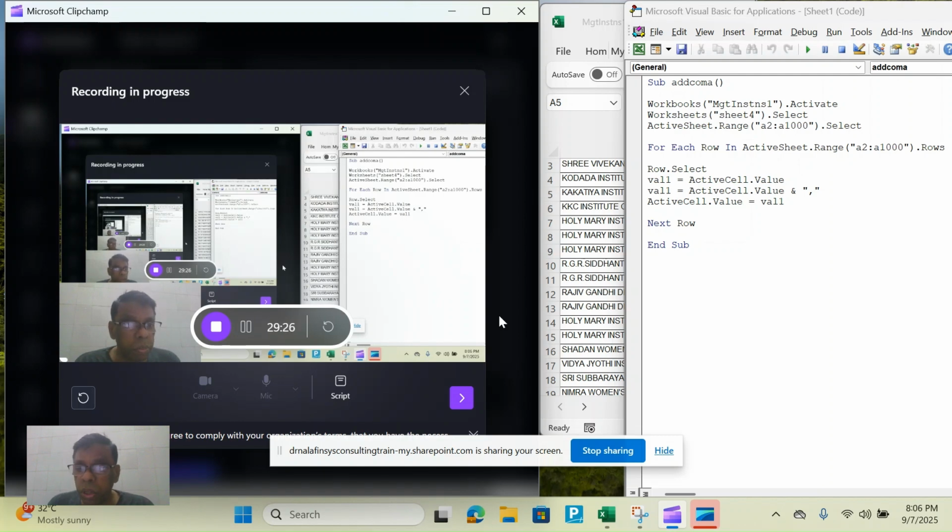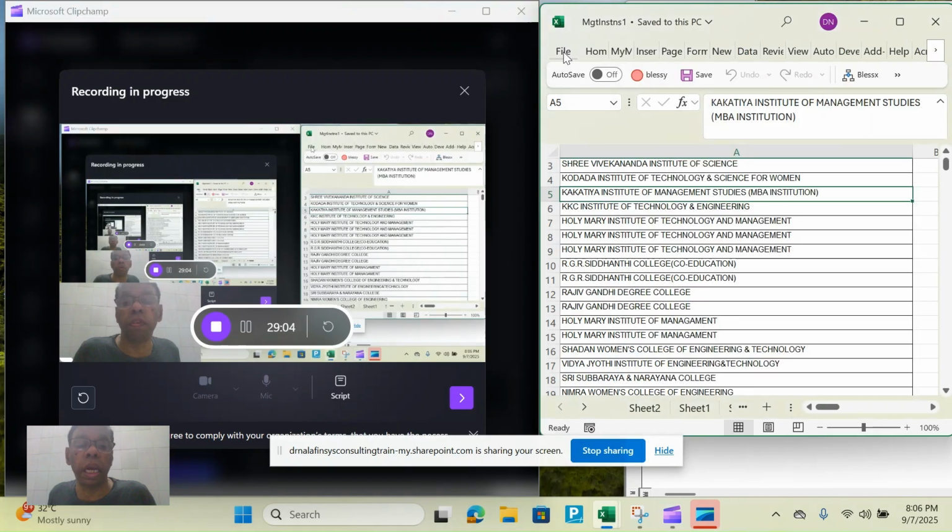The developer menu has to appear at the top of the menus in the Excel screen. If it has not been enabled, you can do so now by going to File,